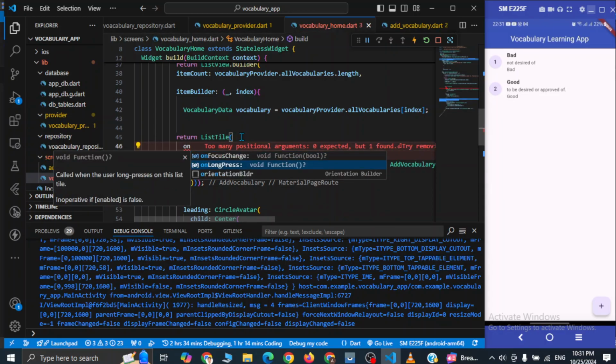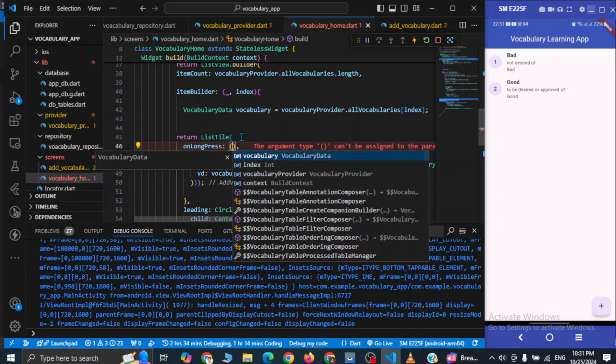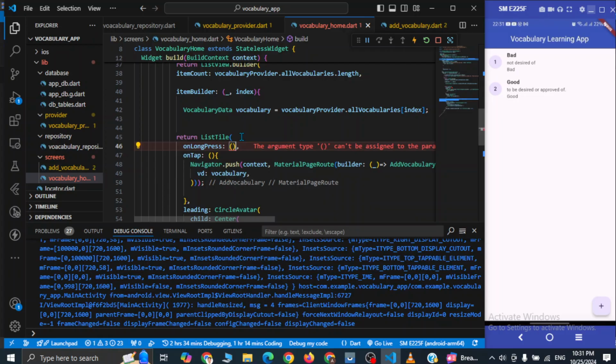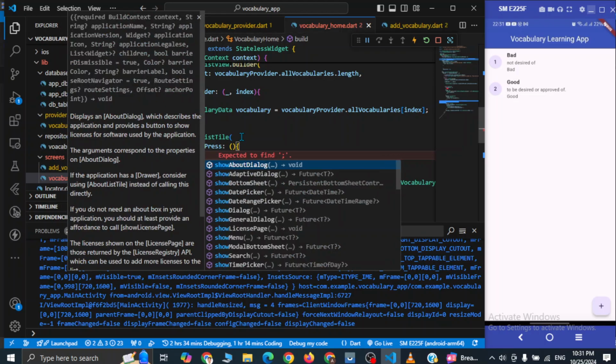Okay, on long press. Okay, so if somebody long presses on each item, first of all we will show a dialog, and if they are sure to delete, then they can delete. Okay, you can simply call a function named show dialog,